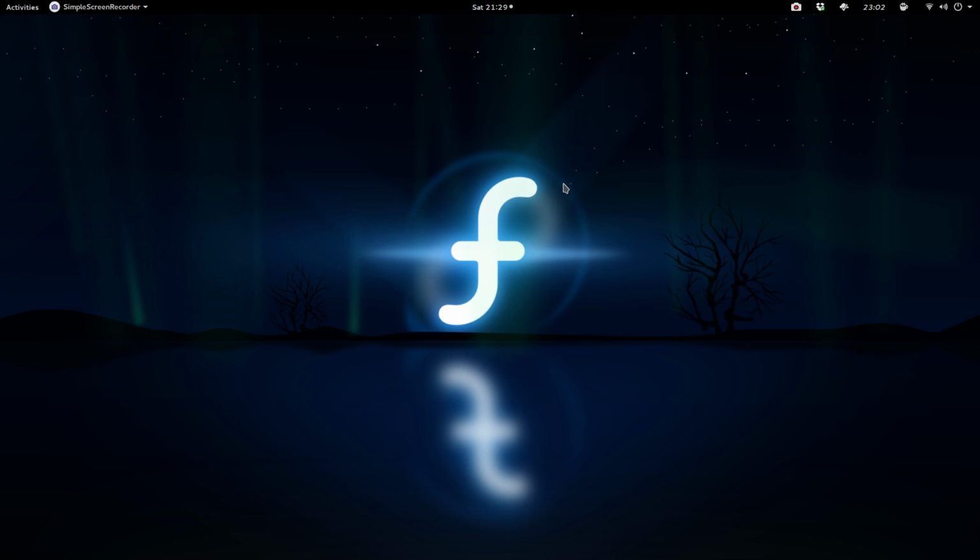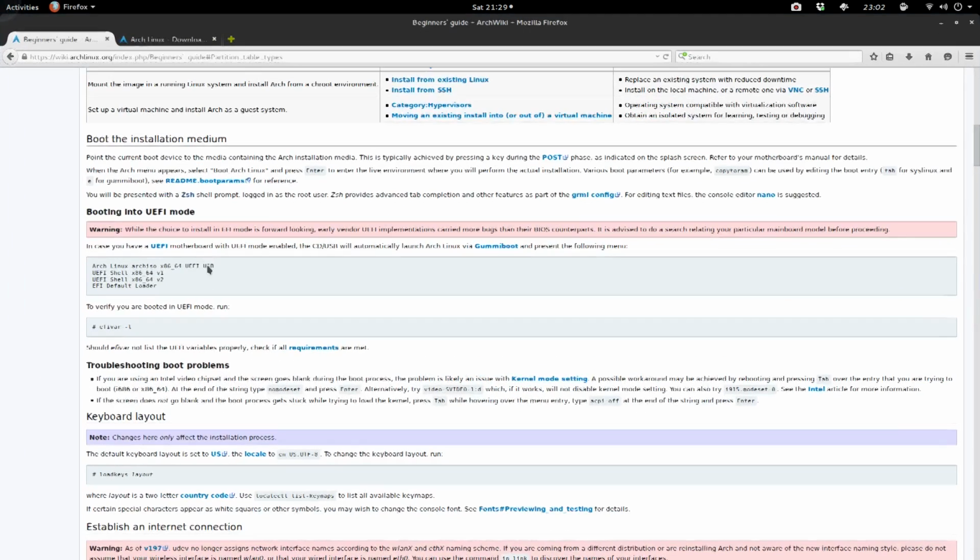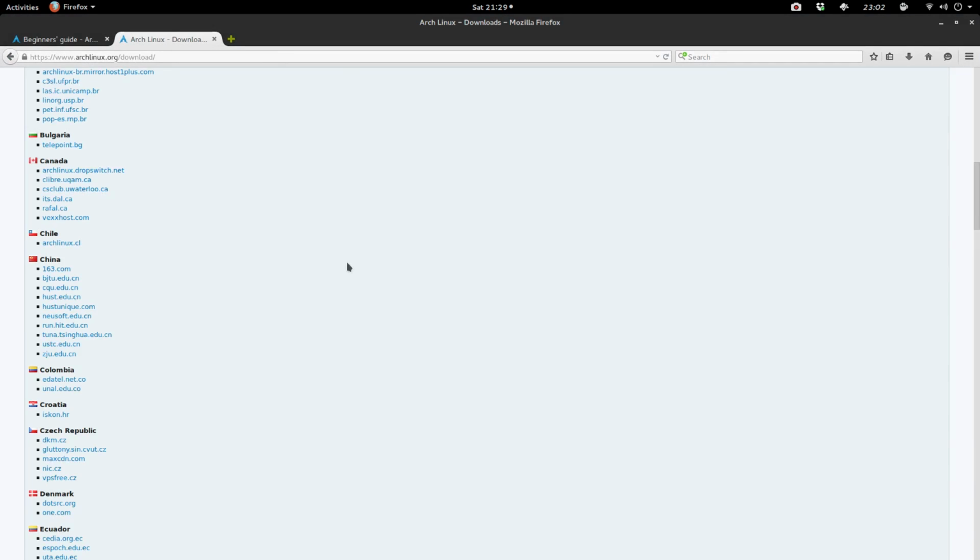The second thing is I'm going to do this differently than the other install videos on the internet for Arch Linux. I'm not going to do any of the virtual guest editions like any of the other ones. I'm going to show you how I do it if I were to put Arch Linux, say, on this machine. So the first thing we need to do is go and open up Arch Linux.